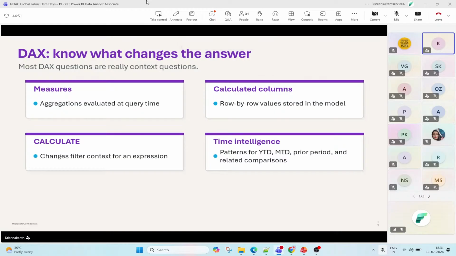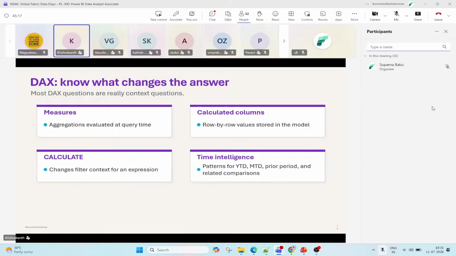wherever you feel it has to be utilized to showcase certain measures which give insights, in that scenario you can go for calculated measures, which will not be stored at the table level. And you can also utilize time intelligence DAX functions, for example, if you want to show the moving average of sales over the last 90 days.